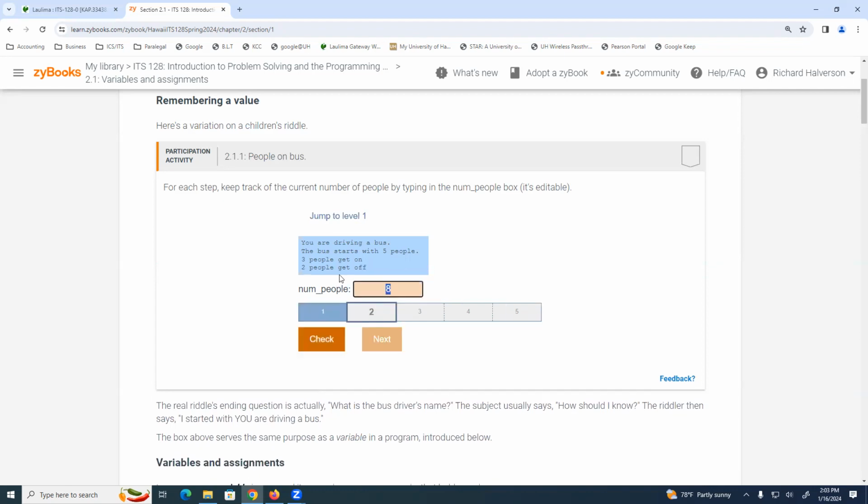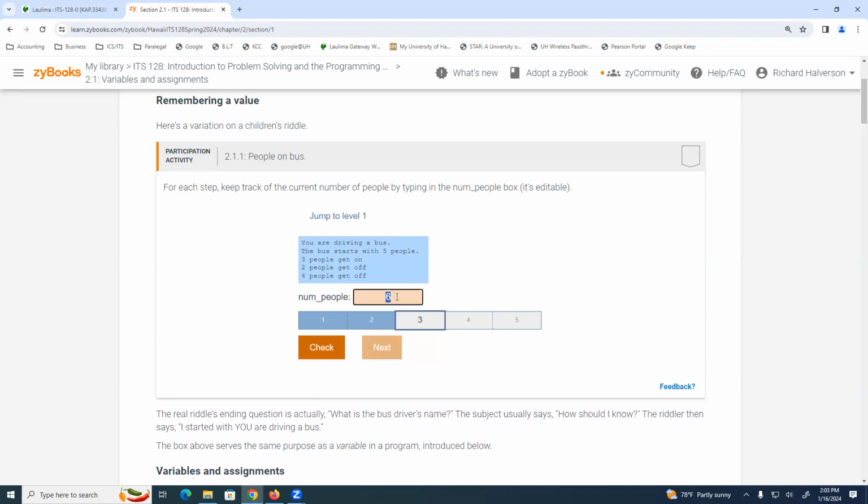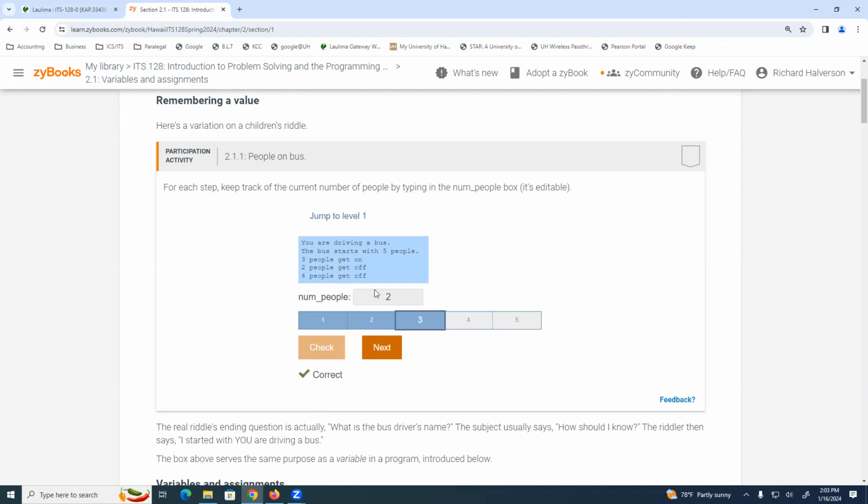Next. You're driving your bus. The bus starts with 5 people, 3 people get on. That gives me 8. Now 2 people get off, and so now I have 6. This is very simple. What's next? 4 people get off. Now I have 2. 5